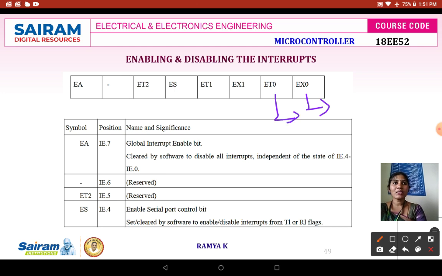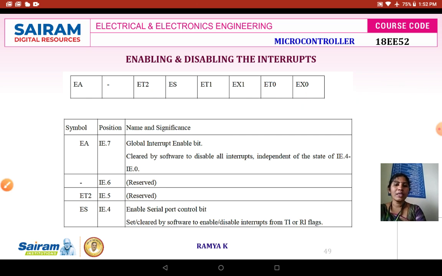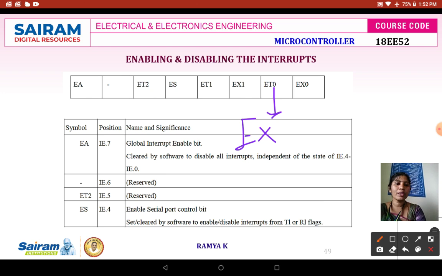ET0 means timer 0 control bit. EX1 means external interrupt 1 control bit. ET1 means timer 1 control bit.